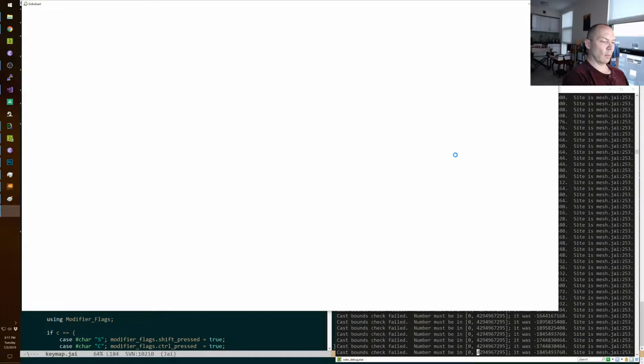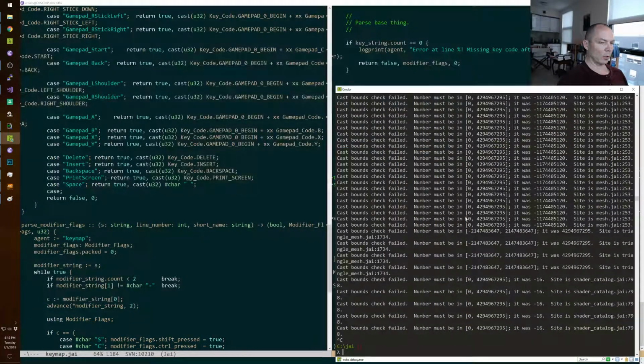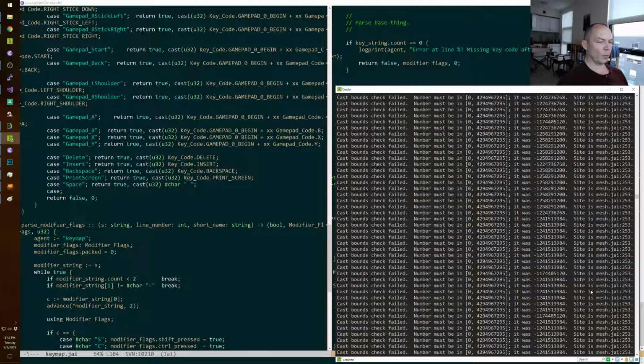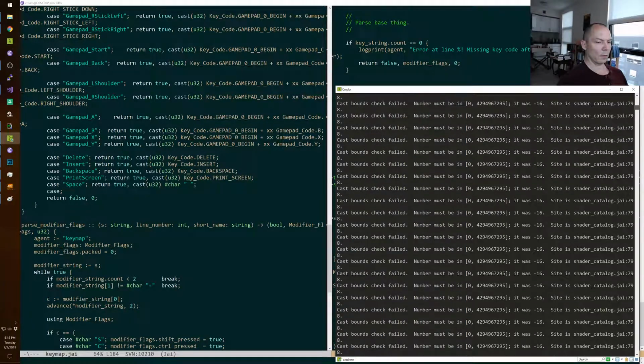Okay, so the key map stuff should be gone. Woohoo, mesh loading. Shader catalog, 798.